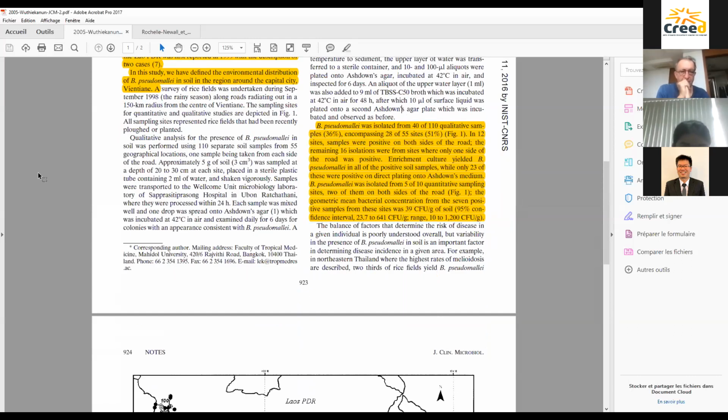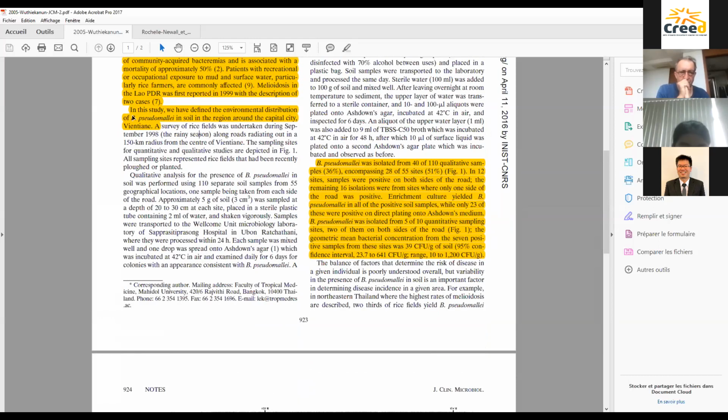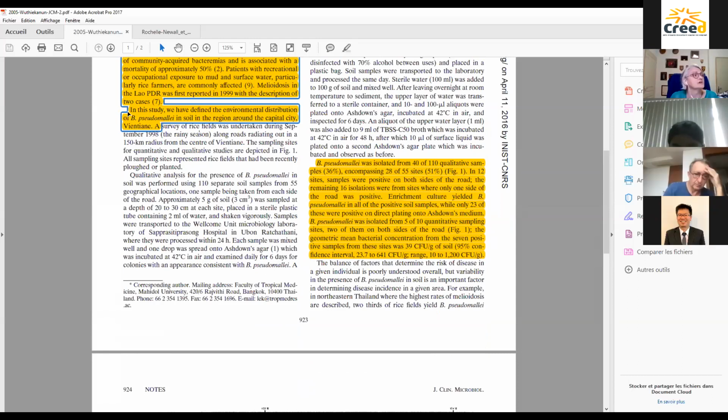And so what we see in this study, we have defined the environmental distribution. So for me, this is a statement of what they did. I would have put that the objective of this work was to define the environmental distribution of B. pseudomeliae in the region around the capital city. And so it would have been in the first paragraph. But as I said, it wasn't me, the reviewer. And then we can start the